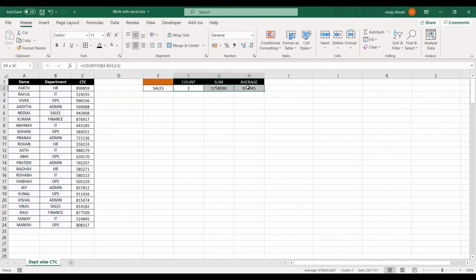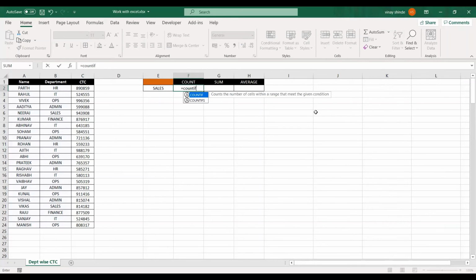And let's go ahead and type the formulas. So I'll write it once again so that you can have a better sense. So let me start by writing formula for count if. So I'll write count if, range is again this one. Now this time, instead of putting the text in quotes, I'll give reference of this cell E2. Okay, so I can select this cell E2, and I can say enter.